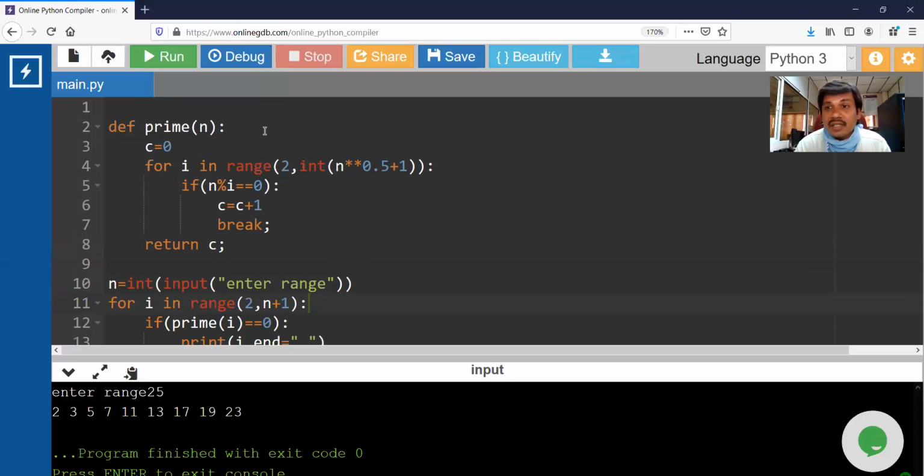Now I'll optimize this with a technique called the sieve technique. The primary aim of this class is this technique, the sieve technique. Now I'll explain how that technique works, and once you understand it, taking your feedback from the chat window, I'll convert that technique to a program. But remember, this is very important. It will be very much useful for your competitive coding examinations.